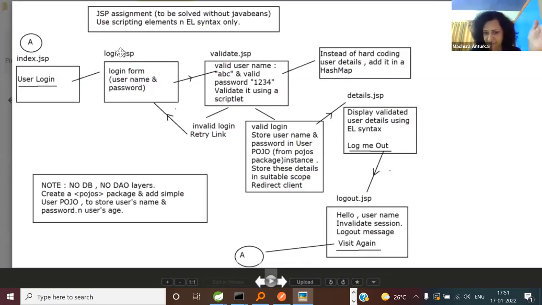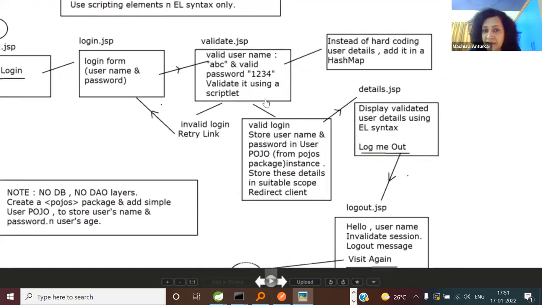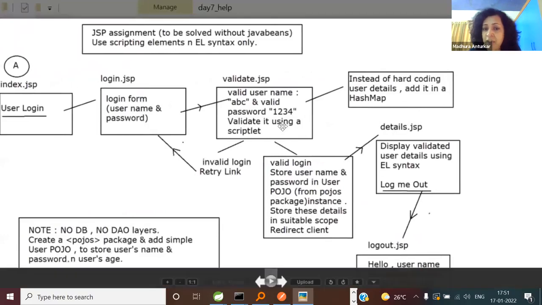I've given the titles of the pages also, so stick to that as much as possible. When the form is submitted, you are going to perform the validation. But are you going to perform the validation using database, tables, and the DAO layer? Absolutely not. Tomorrow, we are going to spend the whole day on JSP with database layers. So here is the answer. Have I not written anything?